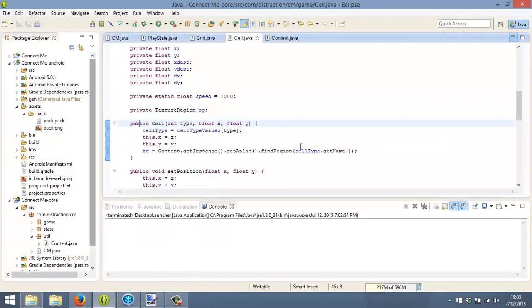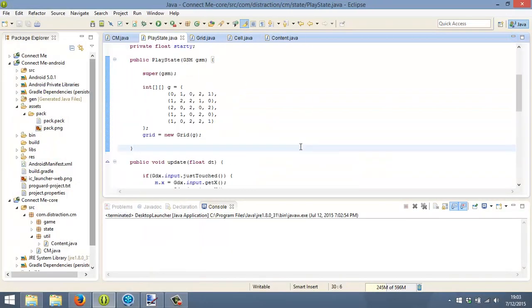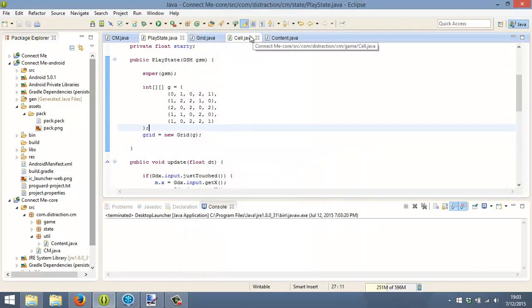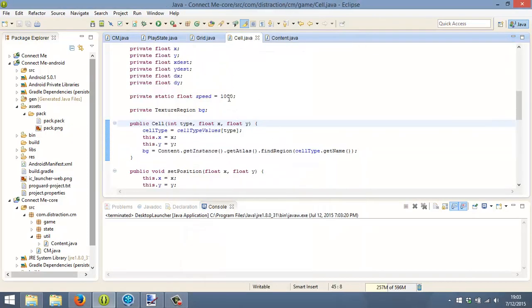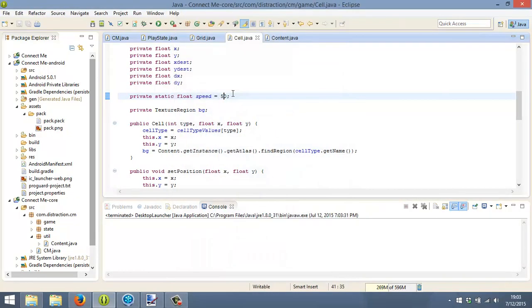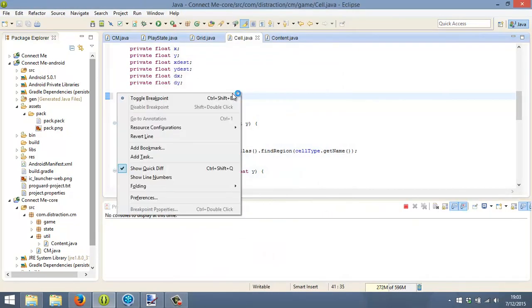Okay, so another thing that I really want to stress is whenever I have event-based animations like this where I'm swapping, just so I can exaggerate what it looks like, I'm going to slow this down to maybe 50 pixels per second. So when I swap, see what's happening there? Okay, let me slow it down even more. When I swap